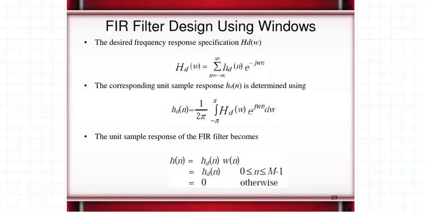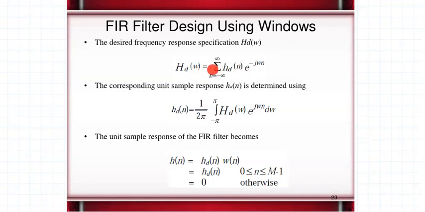What we discussed in the Fourier series method, we were expected to design an FIR low pass filter with a cutoff frequency of 500 Hz. If I use the same specifications, then I can get my desired frequency response. From the given specifications, the very first thing we do is obtain the desired frequency response, HD(ω), from the specification. The specifications involve the type of the filter and the cutoff frequencies. With this information, we first obtain the desired frequency response from the given specifications.